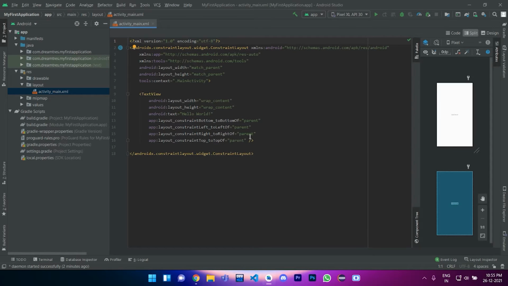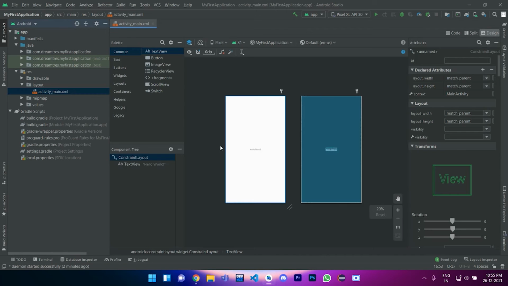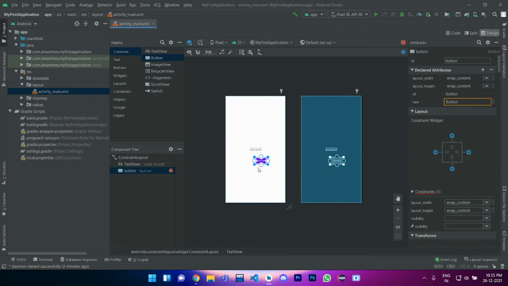Here you can write code line by line, or otherwise you can simply drag and drop palettes with the help of the design section. In this way you can add text areas, different types of text, buttons, and so on.